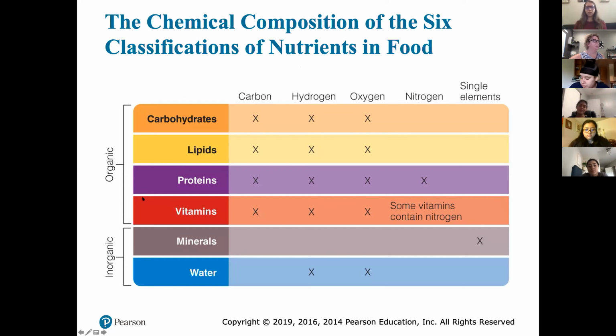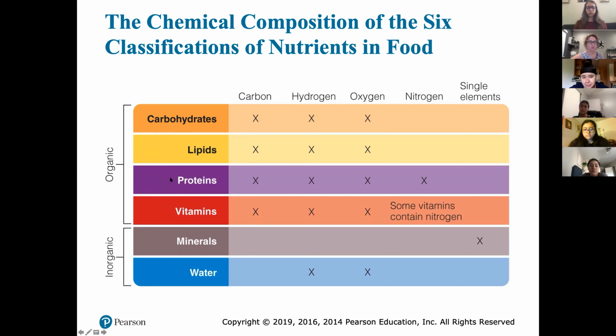And I put this slide up because some people are visual learners. So this was actually a table that was in the chapter. So for some of you that only read the actual text and don't look at the chart, I think that this helps people really solidify what we're talking about here. And then specifically, if there was a test question that asked you, are there ones that are organic or inorganic? This helps solidify, these are the inorganic and these are the organic. And what makes these ones organic is that they all have a carbon molecule to them, okay? So something that's inorganic is not going to have that. So these two are not.